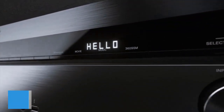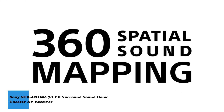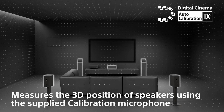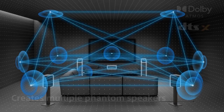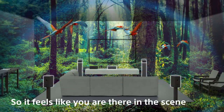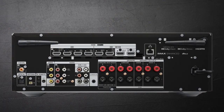1. Sony TRN1000, 7.2 channel surround sound, home theater AV receiver. This Sony amplifier is praised for its space-filling sounds, thanks to Dolby Atmos integration and spatial sound mapping. It can pair with a 4K or even 8K TV because of its 120 Hz HDMI connectivity. Watching movies will feel like you're in a movie theater, and listening to music will feel like you're at a